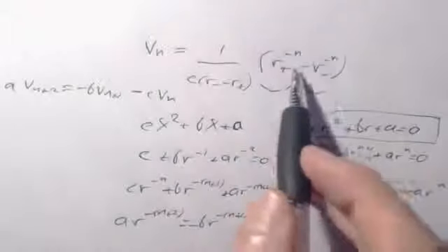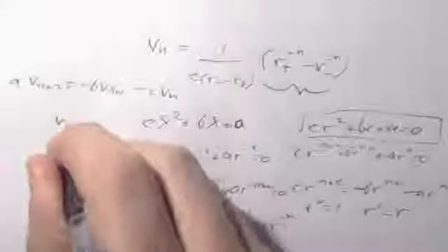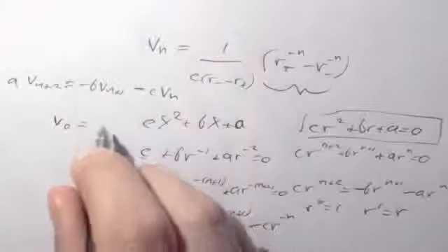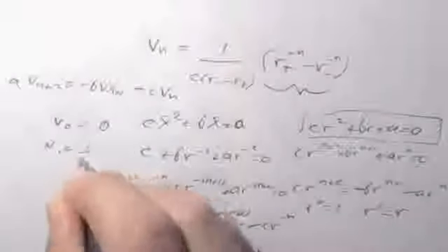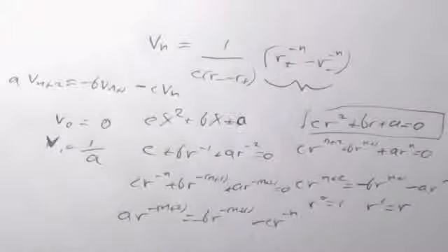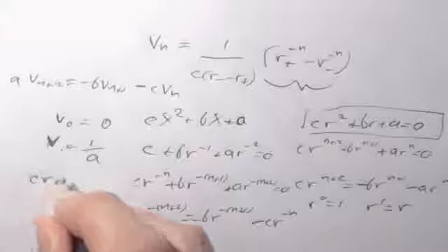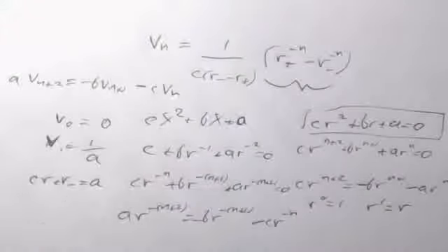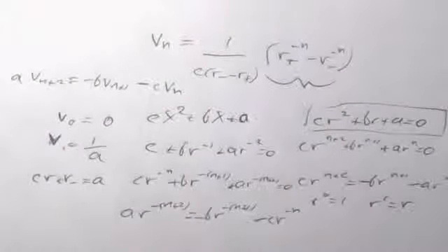And from this formula here, we can explicitly calculate that v0 is equal to 0 and v1 is equal to 1 over a. And that's easy to do. You plug it in and use the fact that c times r plus times r minus is equal to a. It comes from the fact that r plus and r minus are the two roots of the quadratic. So now this allows us to describe v, and we've got this recurrence relation, so we can start playing around